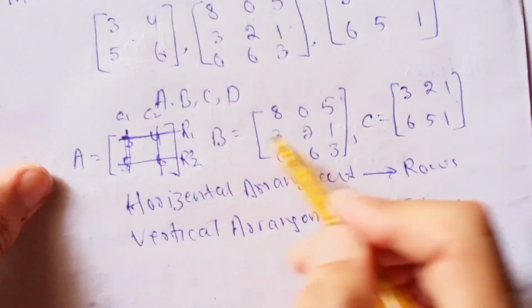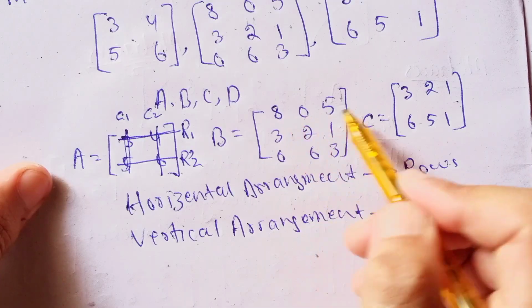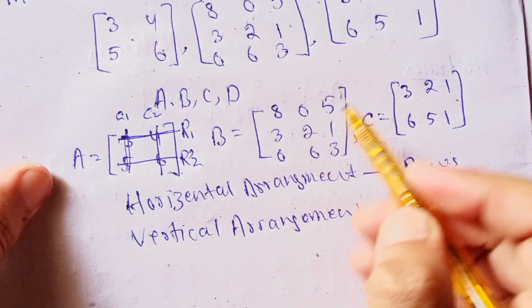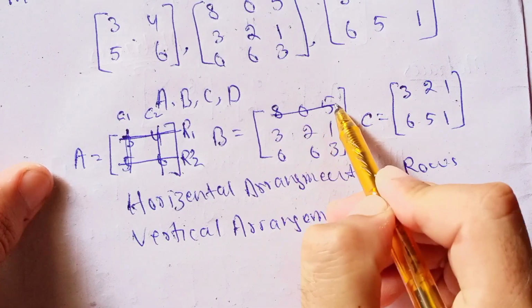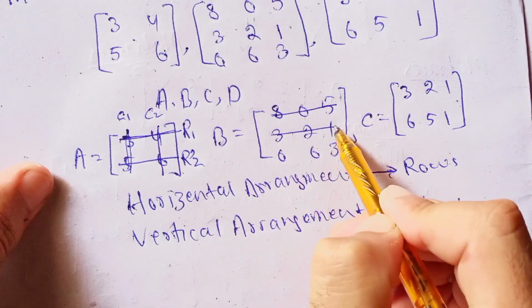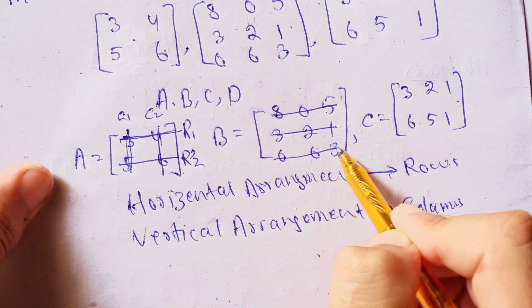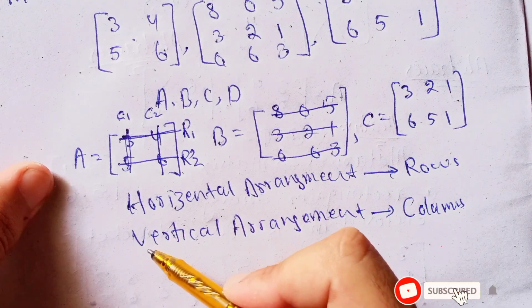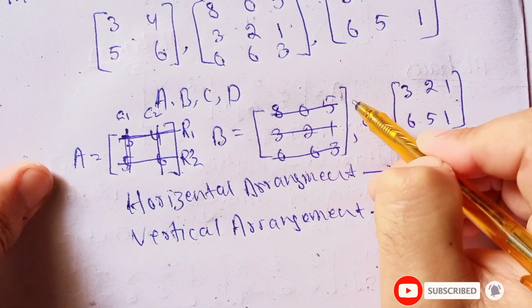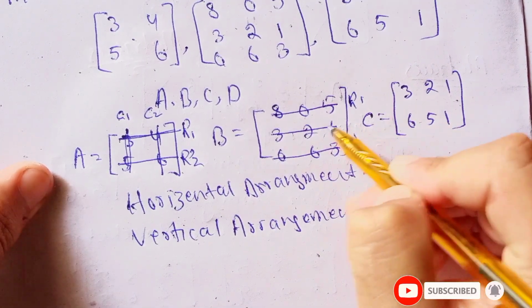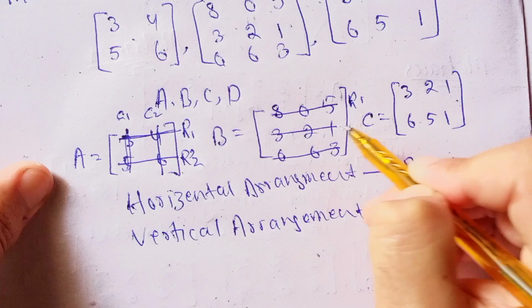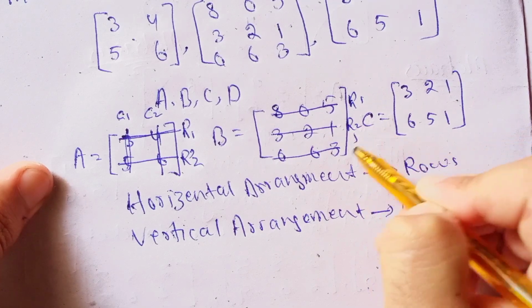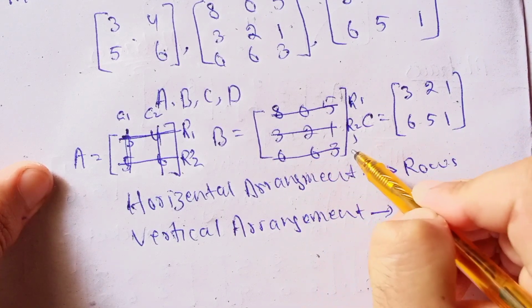In the same way, in matrix B, there are three horizontal arrangements and three vertical arrangements. So this is the first horizontal arrangement, this is the second horizontal arrangement, and this is the third horizontal arrangement. So this is the first row, we call it row 1. This is the second horizontal arrangement of numbers called row 2, and this is the third horizontal arrangement called row